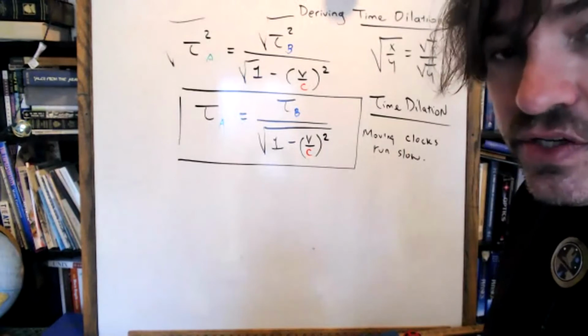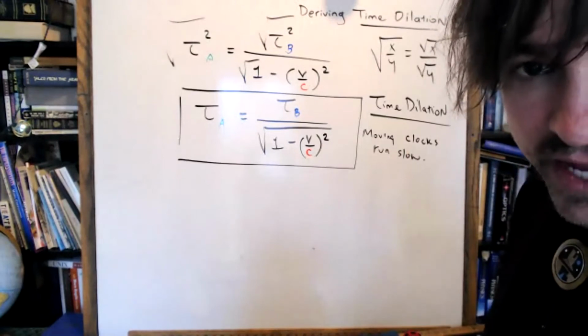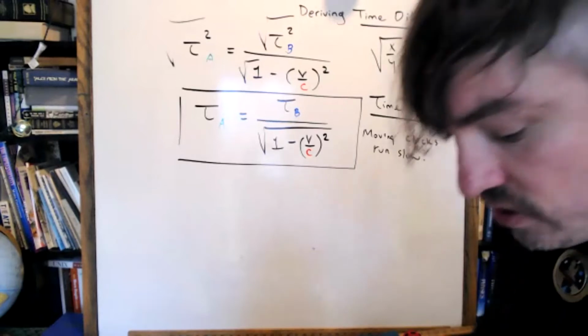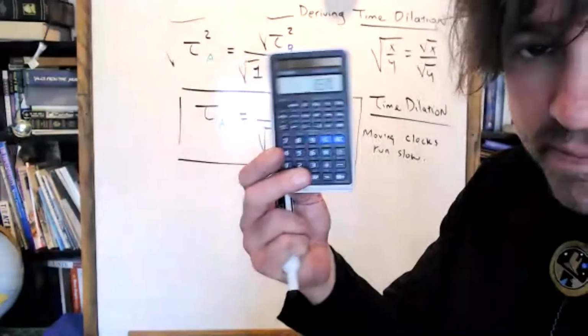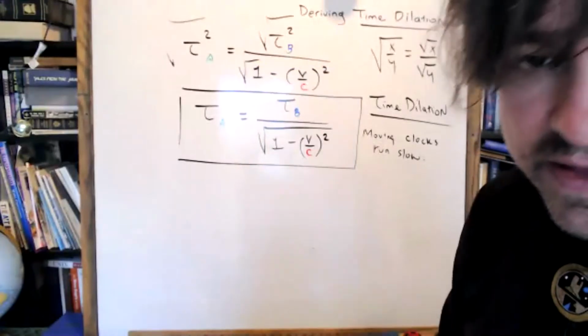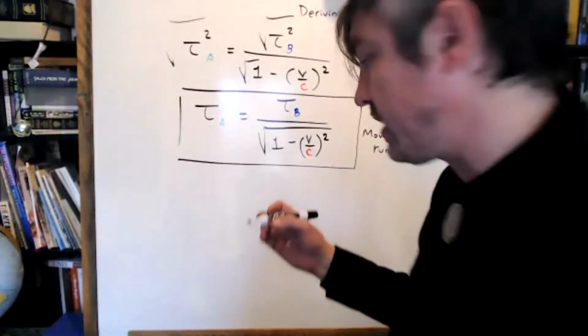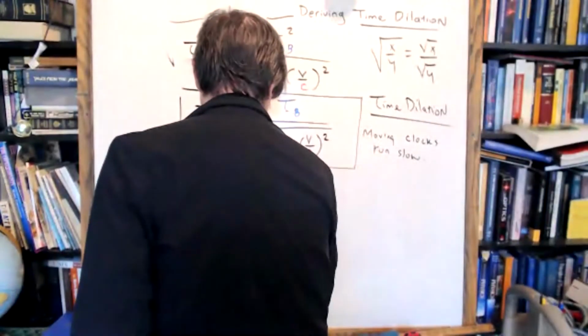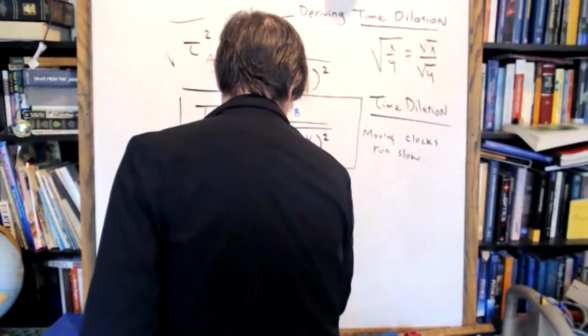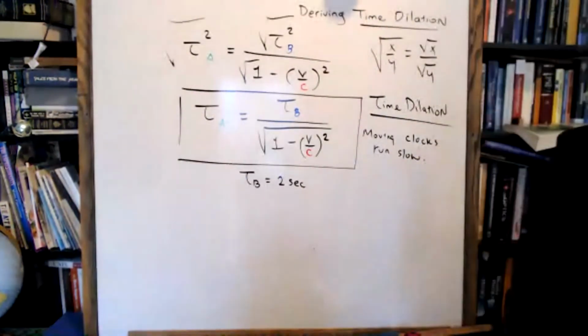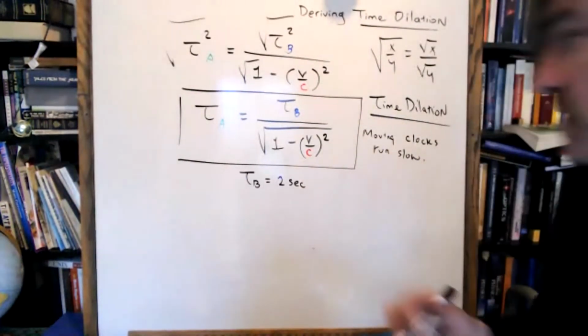For you to really understand how this whole thing works, I need you guys to do a sample problem with me. It also would be a great idea for me to show you how to punch this in, because there's lots of places to make mistakes. Let's go back to the beginning of my rolling cart experiment where TB, observer B, measures 2 seconds for the laser to go from the bottom of the cart to the top of the cart.